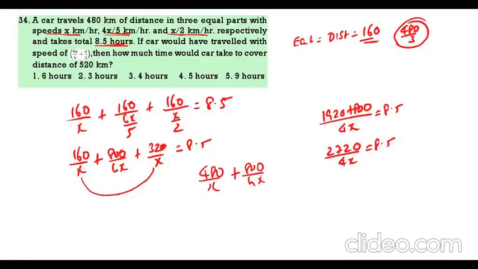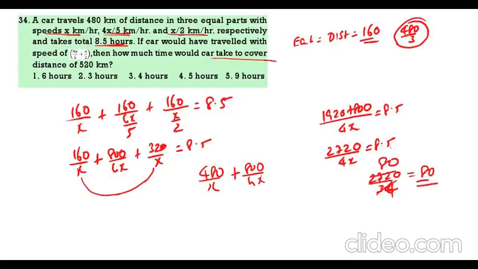8.5 into 4, that is how much? See, 2720 divided by 4x is equal to 8.5. Now here 85, here 2720, or else 8.5 into 4 is 34. So 2720 by 34. 8 into 4 is 32, 0.5 into 4 is 2, that is 34. Exactly, it will go 8 times. So 80, x value is 80.